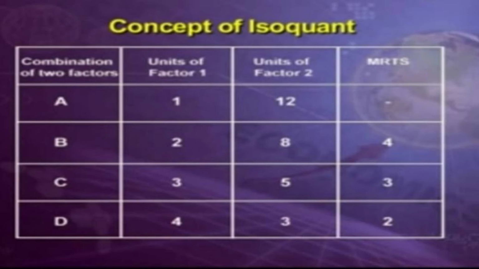So 2 people are going to be working. The output is going to be 8 units. The substitute technology output is going to be 4 units. Then 3 units of labor in factor 1 and in unit 2 you have 5. The output of the technology is going to be 3. Similarly, this gives the same level of satisfaction. Then 4 people in the 4th unit, and in the second factor you have 3 units. Both together, using the technology here, we get only 2 units of output. So this is all about your isoquant curve.